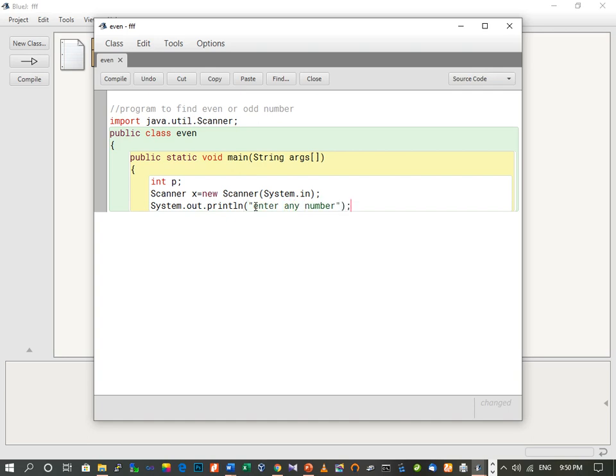Now here the user will be asked to enter a number, so we will write: p equals x dot, we have to call the object which we have created just now for the scanner class. So x dot nextInt, as this is of integer kind. I told you in previous video that if it was float, we'll write nextFloat, or if it was char, we'll write nextChar, and then bracket close.